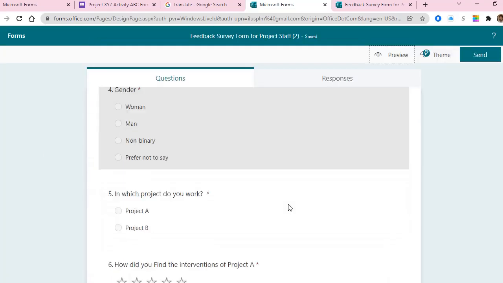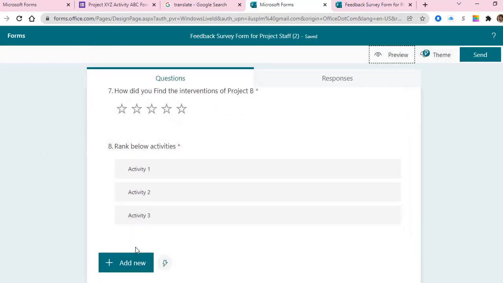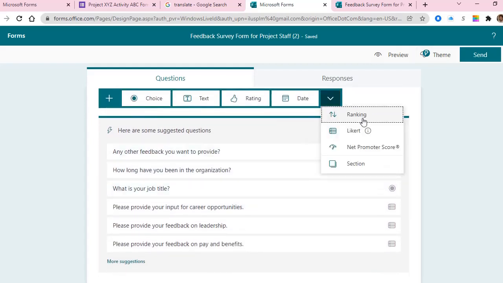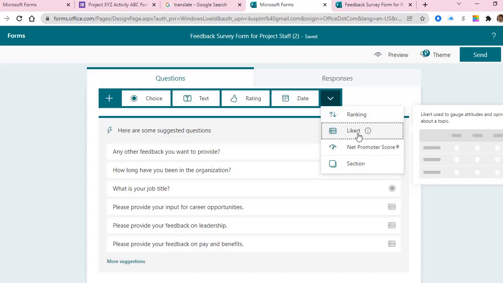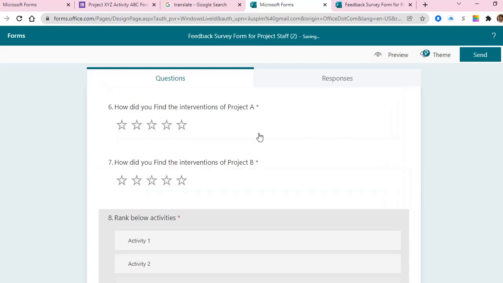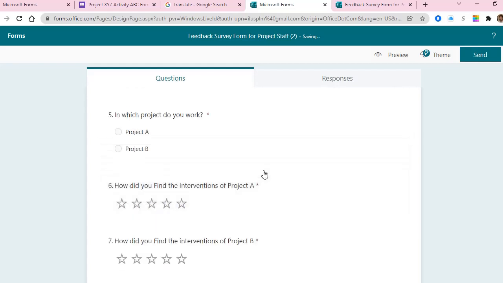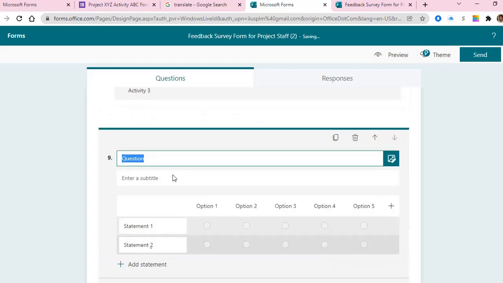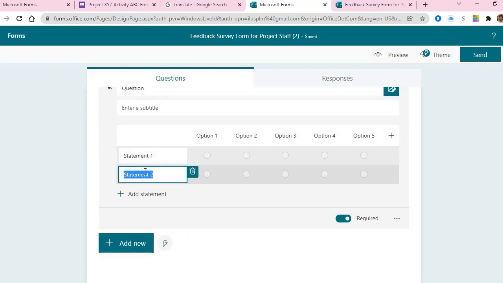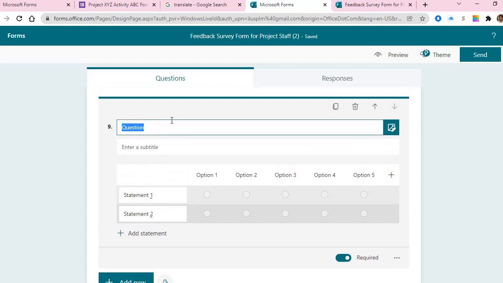So we have almost used most of the options. Let me see if any other thing is remaining. Here you see, oh yes, this Likert option. When you click it, it's almost the same thing as rating, but in the rating you have only one question and one rating. Here you can add in the rows many statements related to activities. For example, if you want to rate